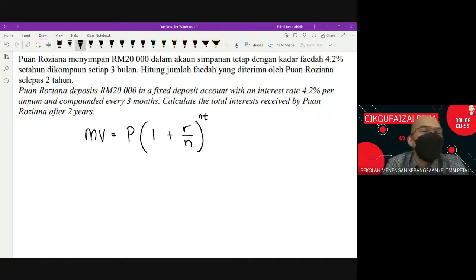Okay, now, what does 20,000 mean here? Yeah, cash. Thank you, cash. This is our principal, P. And then, what does it mean by 4.2% over here? It is going to be our rate, compounded every 3 months. What does it mean? Compounded